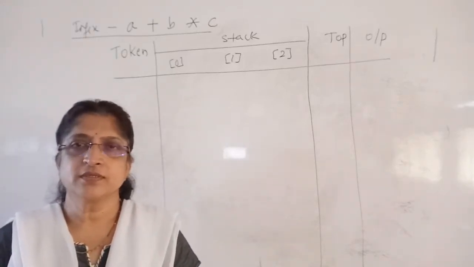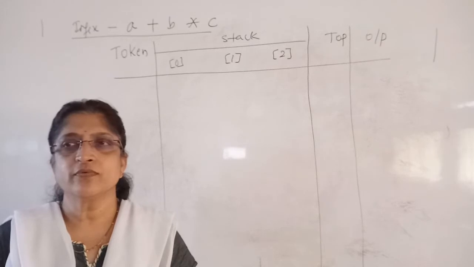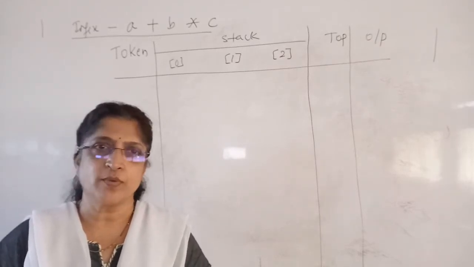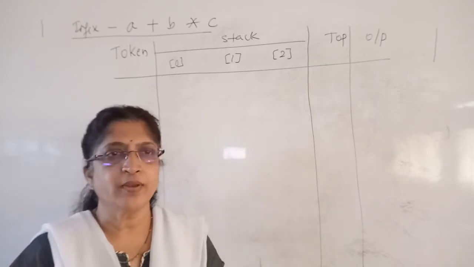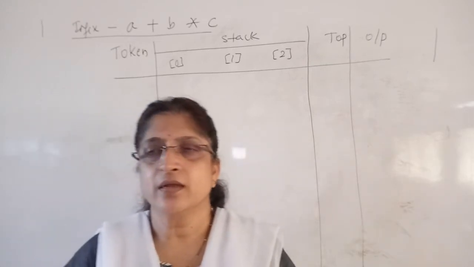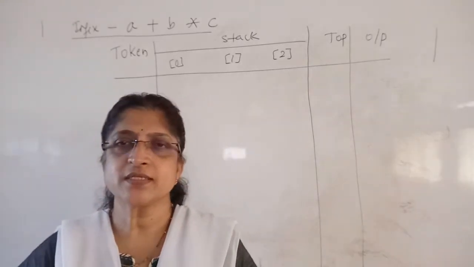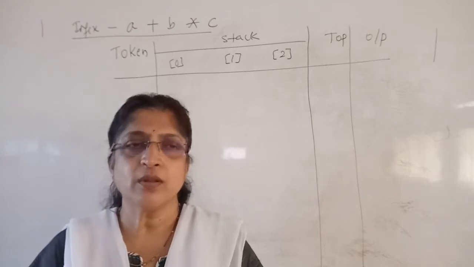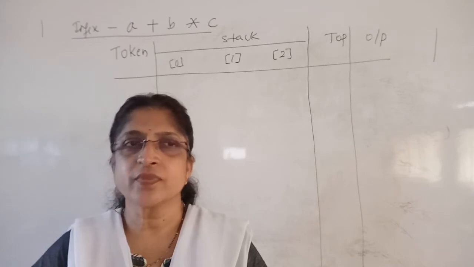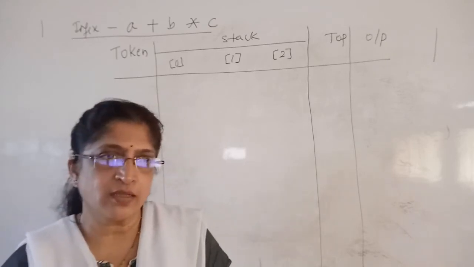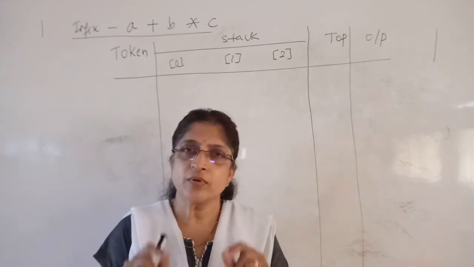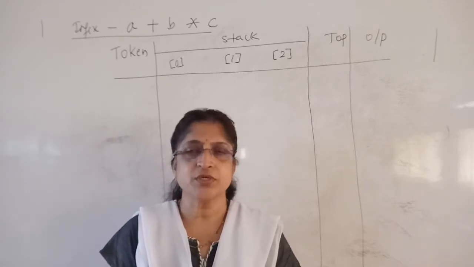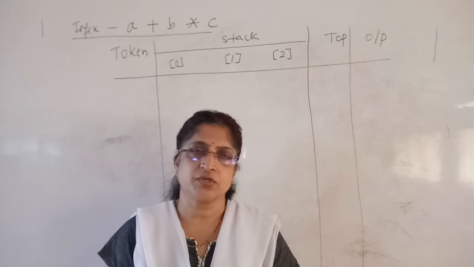Hello students. In the previous video, we saw how to convert an infix expression to postfix form using the paper and pen method. There, I told you that we have to first parenthesize the expression based on the precedence or priority of operators. On paper we can do that, but how will your program do it? So how do you write a program for converting an infix expression to a postfix expression?